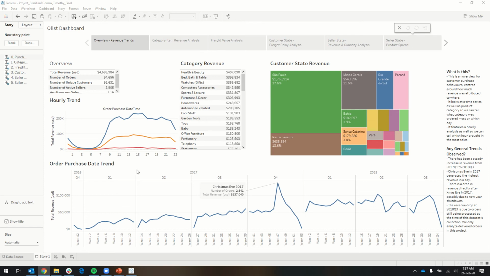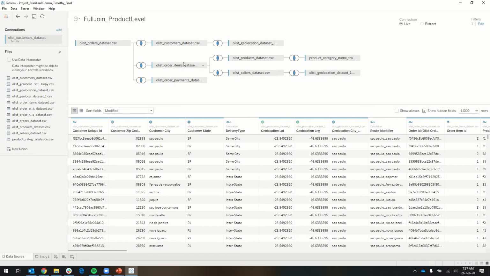There are going to be 6 pages within my dashboard. We'll go through all of them, but before that, maybe we start first with the data source and how this dashboard comes about. For this data source, we rely on the Olist